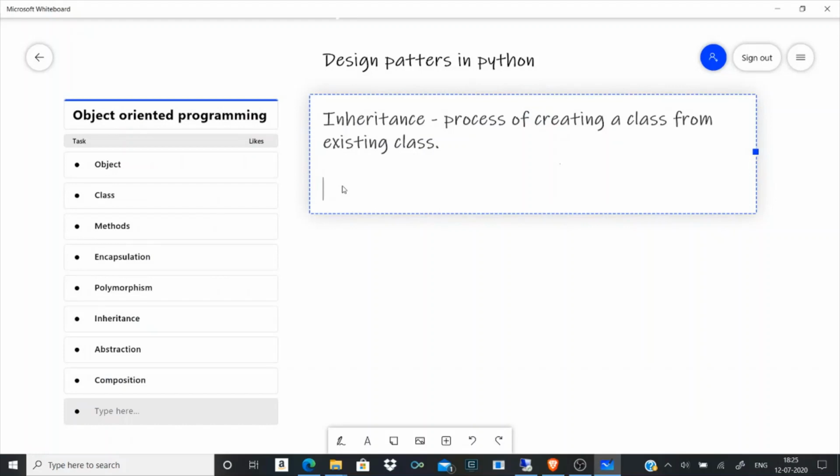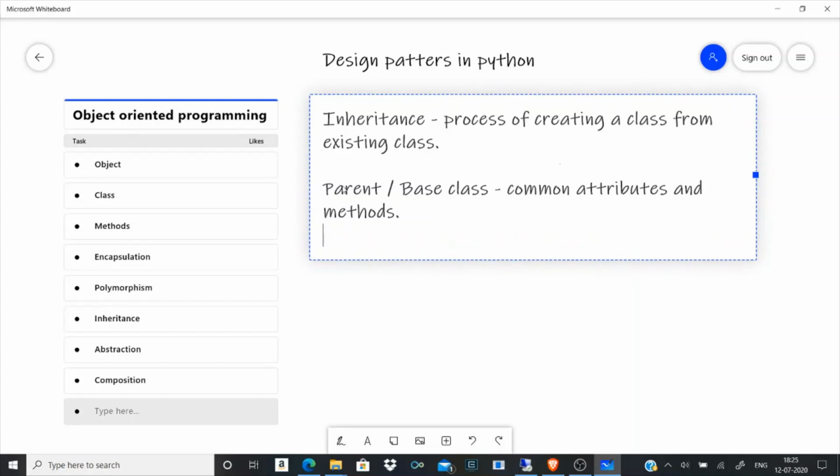The existing class, which will have all common attributes and methods, is referred to as the parent or base class. The new class, which will derive all these common attributes and methods from the parent class, is known as the child class.